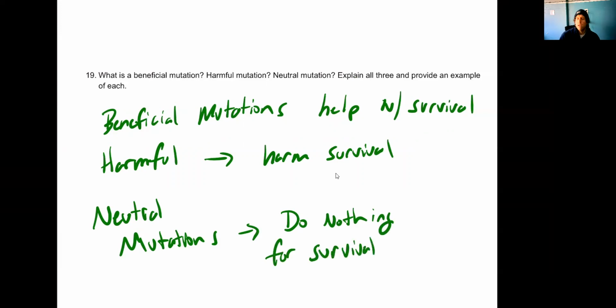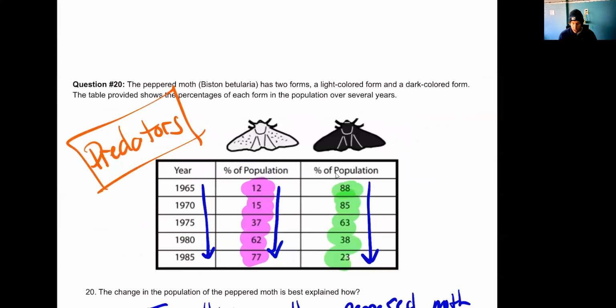What I want you to still do for me on this question is, can you find an example of each? Could you figure out an example of a beneficial, a harmful, and a neutral? I know we had trouble for neutral in class, so an example that I gave were the earlobes on humans, because we don't use earlobes to survive, but we have differences. Some of us have dangly earlobes, and some of us have attached earlobes. And then finally, question